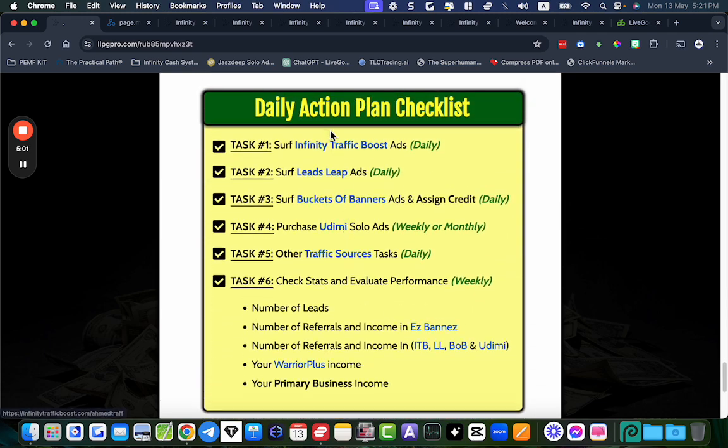Okay, and your daily action plan, your checklist, task 1, Surf Infinity traffic boost. Your daily tasks, your weekly and monthly tasks, are all about the traffic. Once your funnel's set up, you're going to focus on this on a daily basis, just to drive the traffic